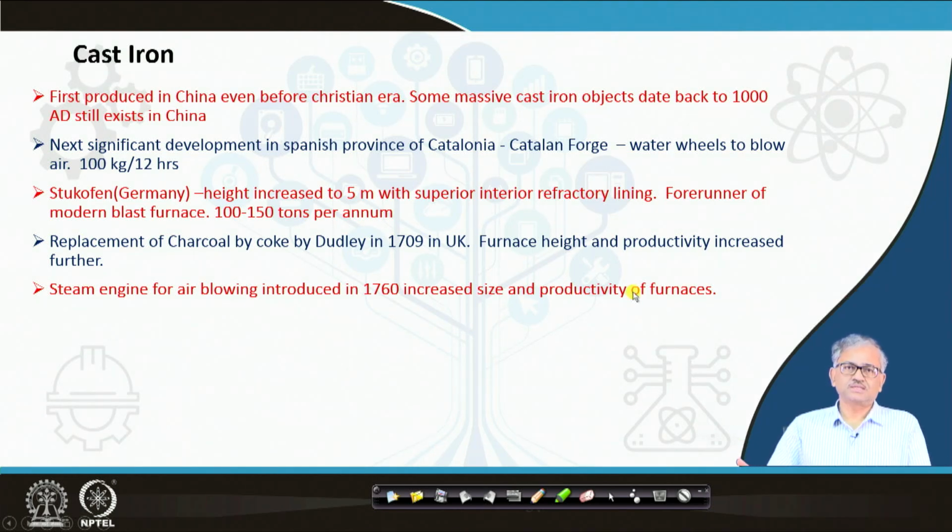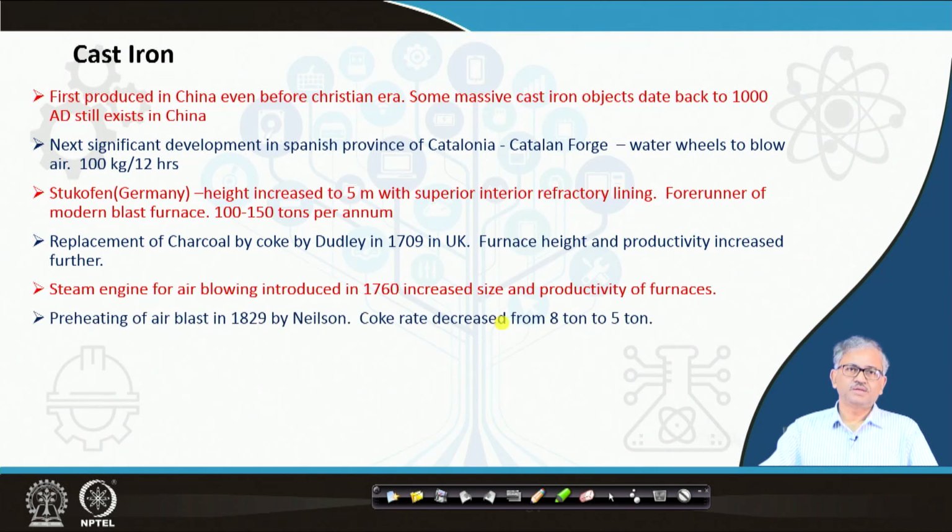So you can increase the size and productivity because you can supply more air now. Blast rate can be increased. You can burn a greater amount of carbon per unit time. Okay, so productivity increased. Then came the preheating of the air blast in 1829 by Nielsen, and this is